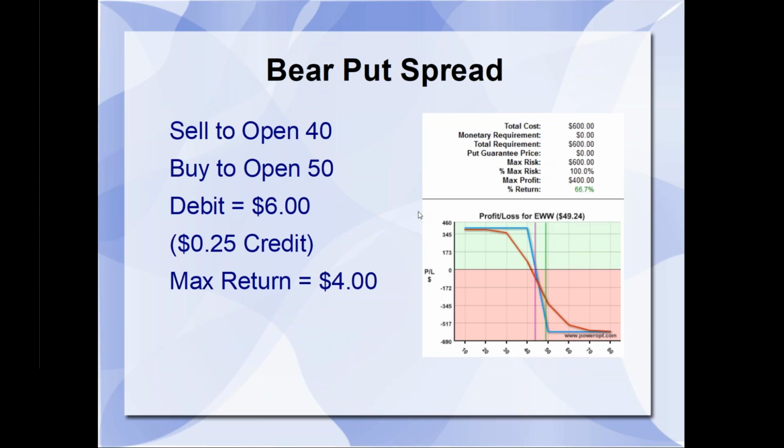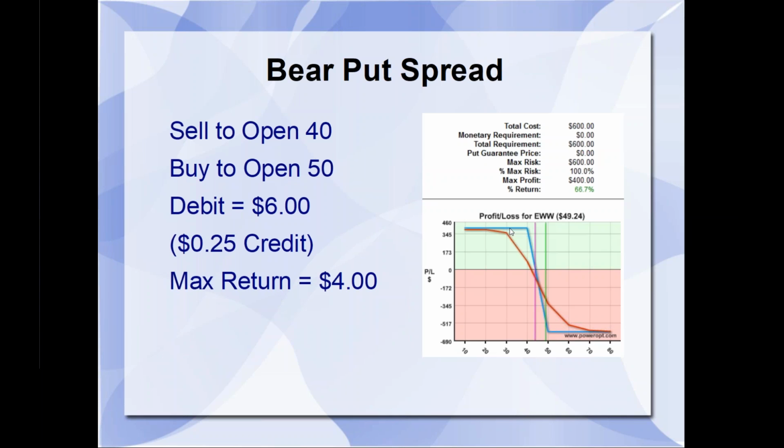All right, so the second component is the bear put debit spread. We're going to buy to open the higher strike 50 put. Now, this also kind of acts as protection for the stock, but in just this bear put debit structure, I'm buying the 50, selling the 40. So I might be obligated to buy shares of stock at 40, but I have the right to sell them at 50. We put in a debit at 6. I just put in some fake numbers. So selling the call for $6.25, buying the put spread for $6, we still have a 25-cent net credit.